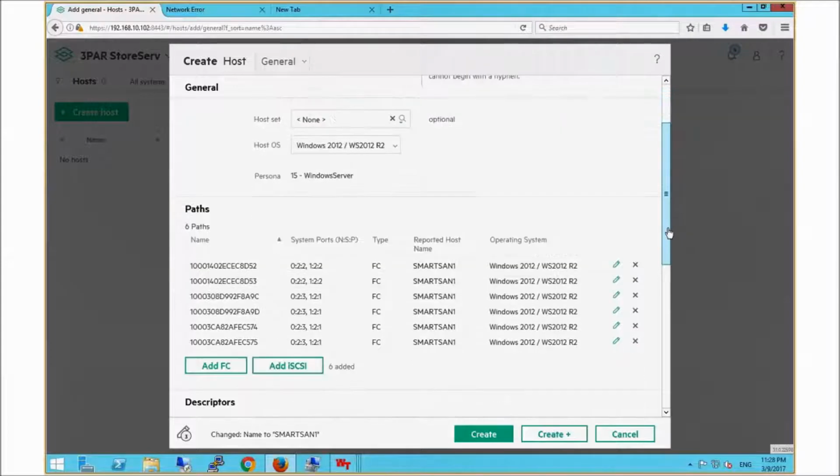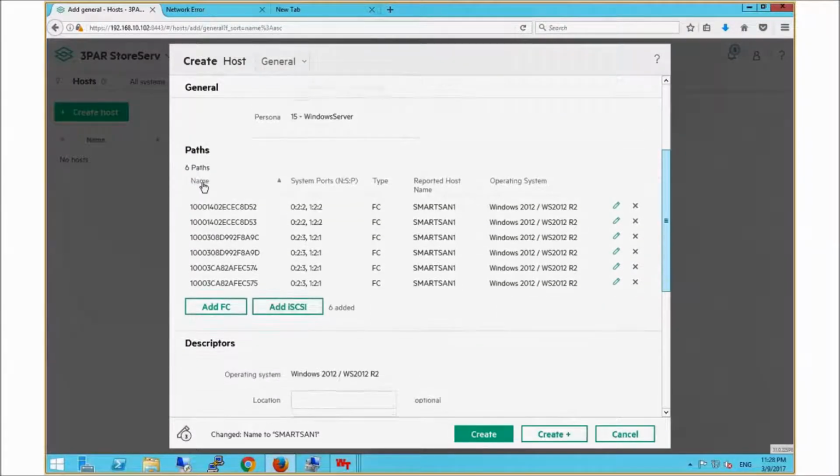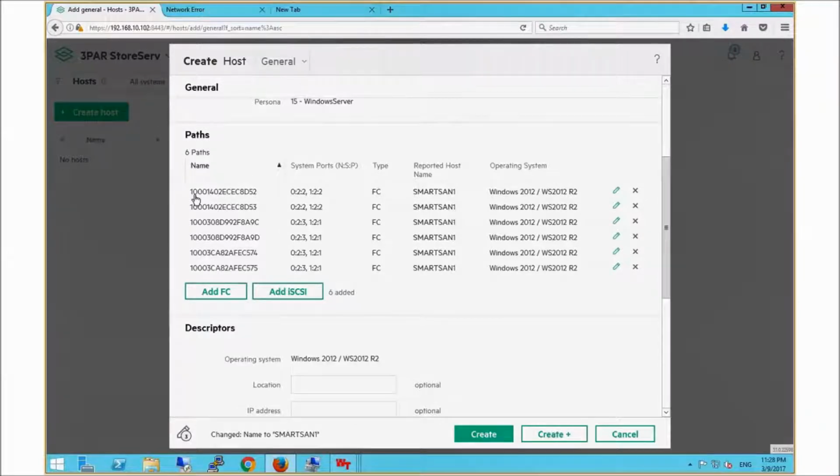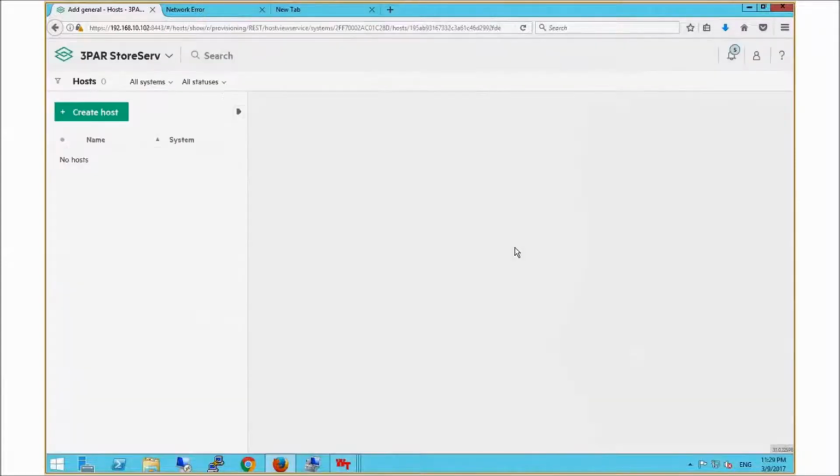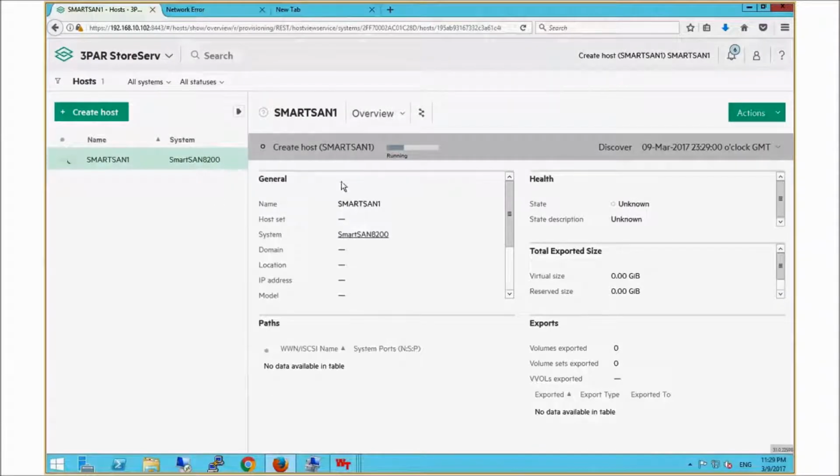As we scroll down, we can see the multiple paths to this server, and we can see the worldwide names of each of those individual ports. What we can see is that these are then mapped to a pair of host ports in a port persistent configuration, which ensures that if a node was to fail or had to reboot, you would have non-disruptive connectivity to the storage array. So if I click create here, I will create my host alias within the 3PAR management interface as usual. But we'll also go out to the SAN fabric and